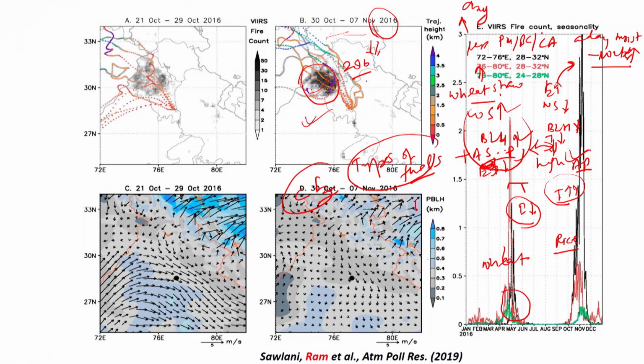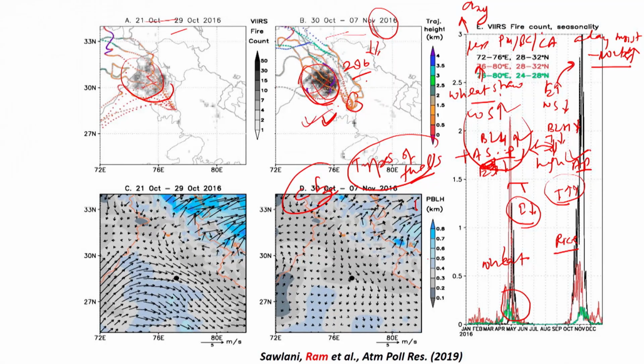During this period, just see that from 30th October to 7th November this region has a huge amount of biomass burning, agriculture waste burning, and the wind mass also passes through it, which brings lots of aerosols to this region. So yes, during this period the contribution is here. But now imagine a situation just a week back, 21 to 29 October, when there were fewer fire counts, and winds were still coming from that side.